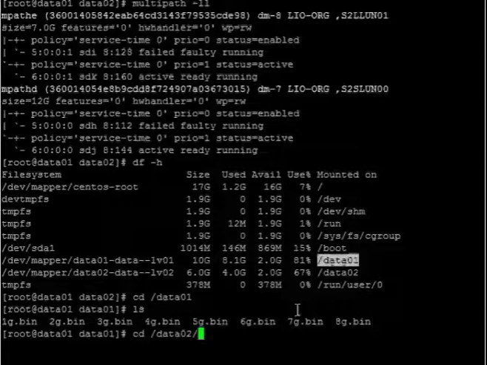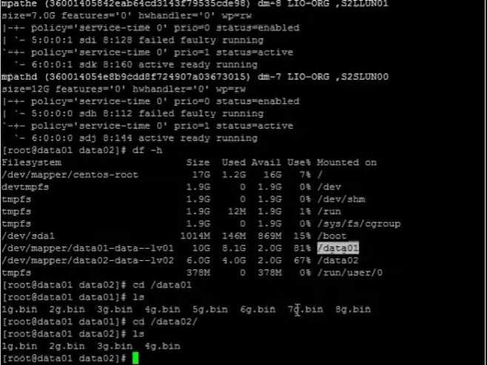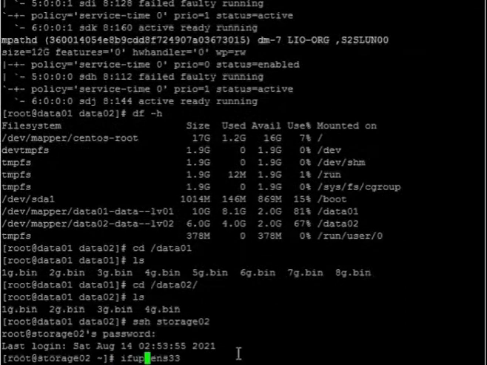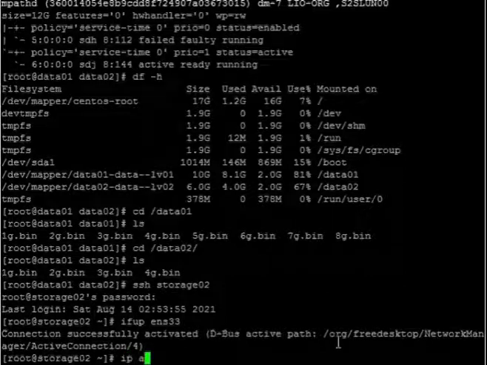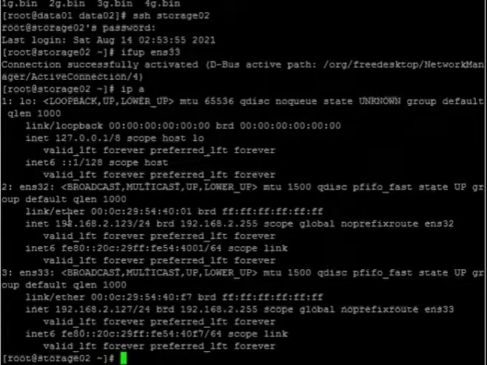So this was the way how we come to know that the path has failed, and then we have to do our troubleshooting to bring up the path. Now I will start the Ethernet service on storage 02, and let's check what happens.